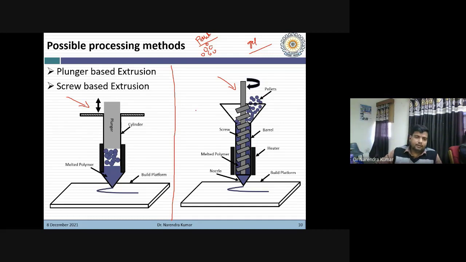And if you have the material in gel or jelly form, then it will be very useful to use the plunger based mechanism. So in biomedical applications, both setups can be useful to you, or both types of setup can be developed.